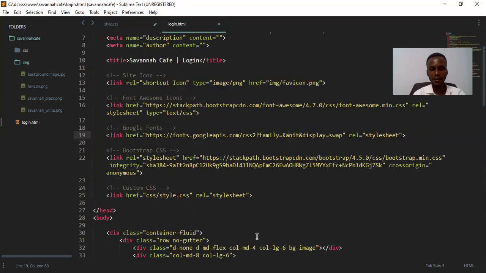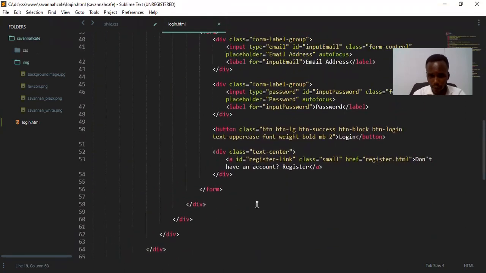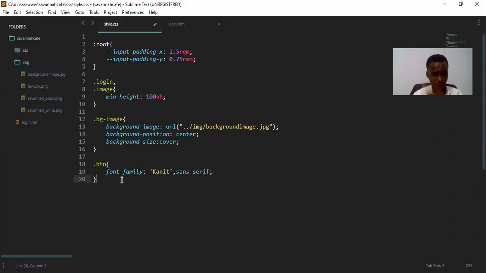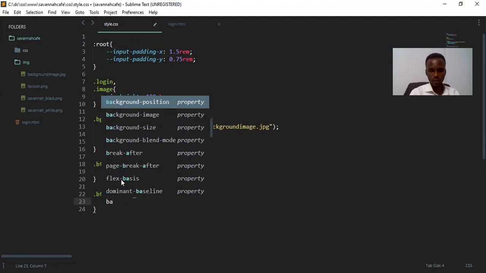Remember, we have a class, we have a BTN class of success here. So these are where all our BTNs are. So we want to add, so our BTN success, give it a background color,